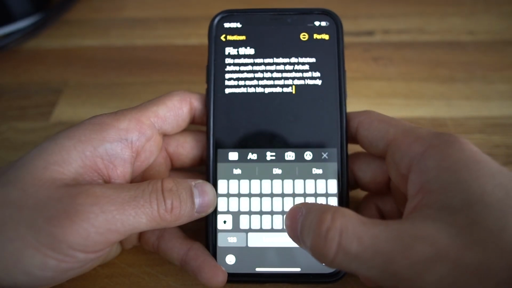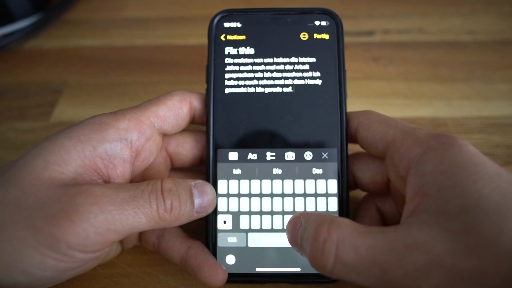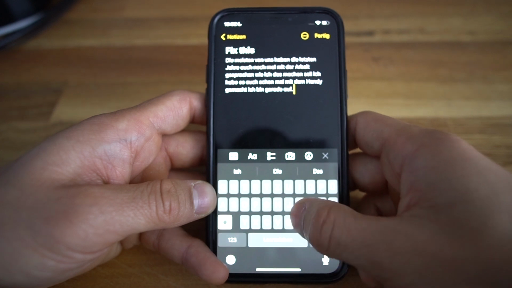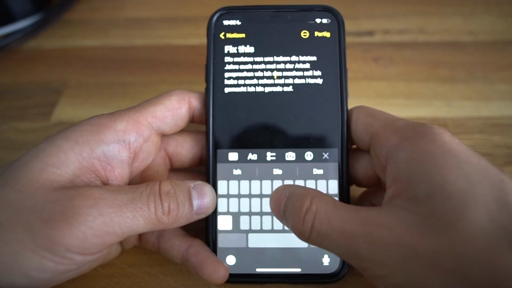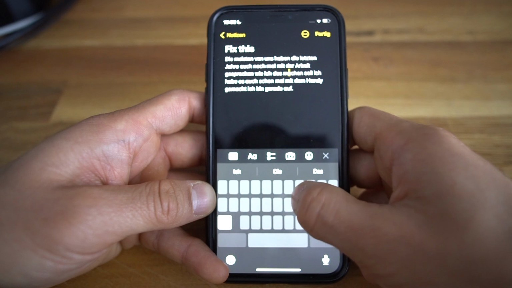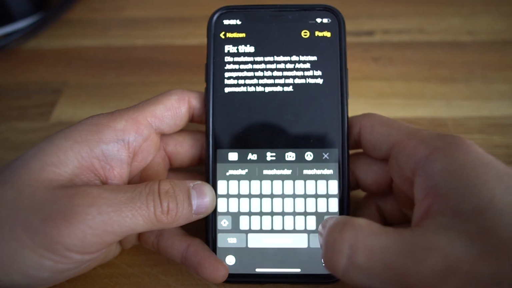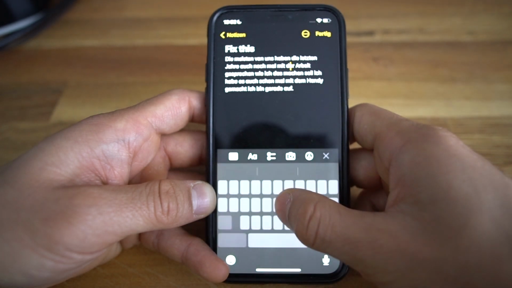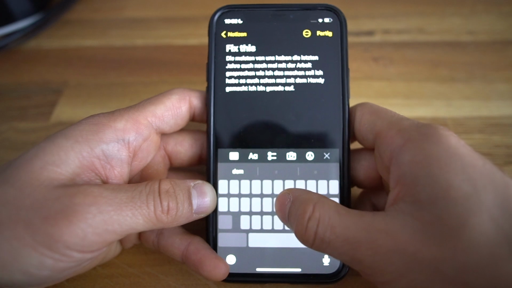Here you can see the Notes app on the iPhone XS. I've added some random text to show you how I get into the Virtual Trackpad Mode. I can force touch anywhere on the keyboard to trigger the Virtual Trackpad Mode, and then I can move around my cursor freely. I can move to a word where I feel some characters are off and then do my edits. I can also trigger the Virtual Trackpad Mode and select the whole word by force touching again without releasing